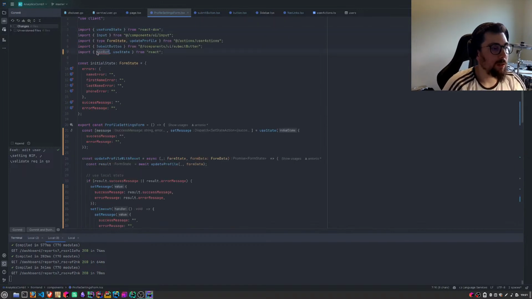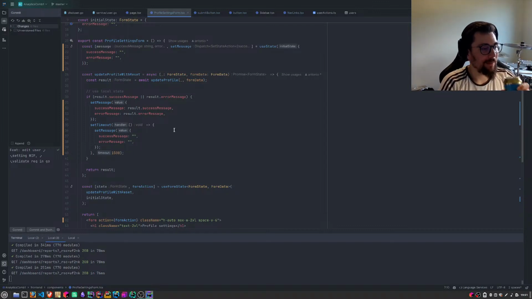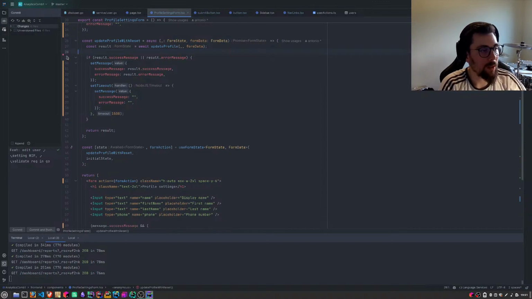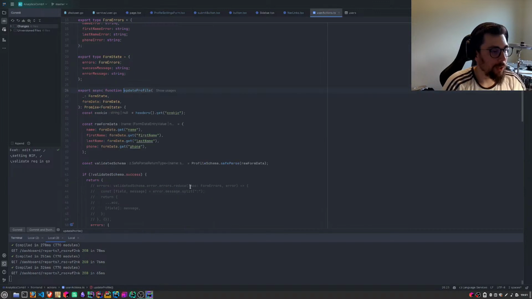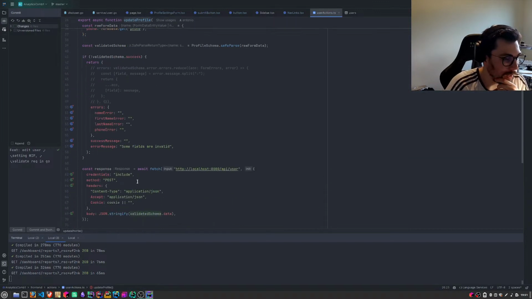What do I have to remove here? Let's remove this. Java sucks. Okay, remove this too. So if I check my action now, this yearns for some cleanup.